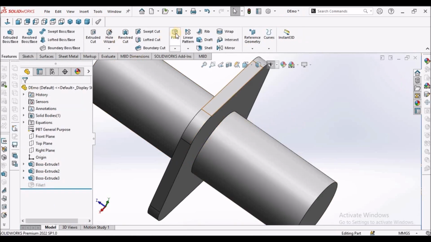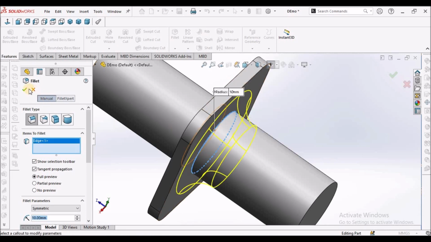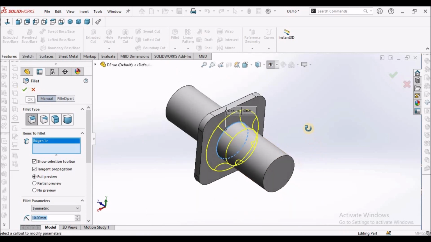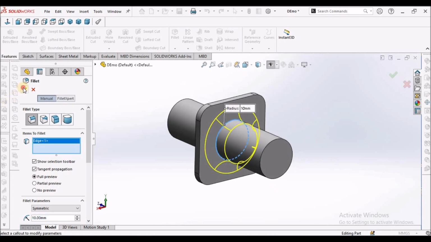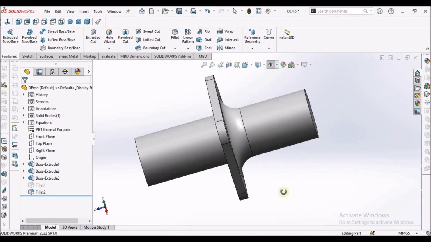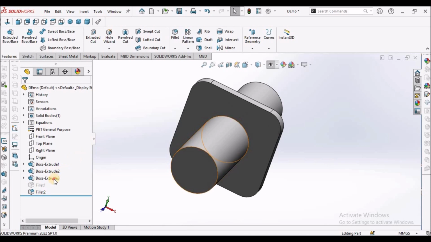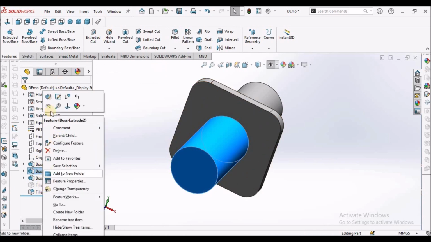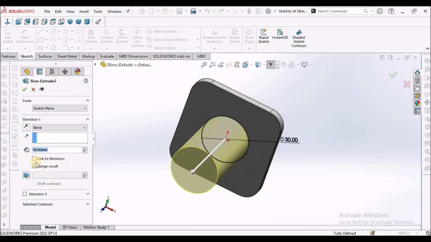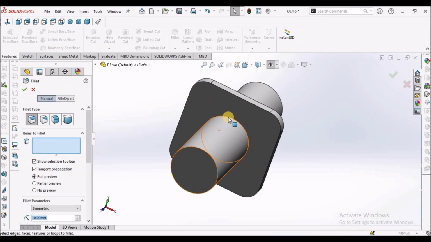Now I am going to apply the fillet. See, it is creating now. So we have to be very cautious when creating additional features and applying fillet on them. See here, when we go to this boss, there is a merge results option. So once again I am going to apply the fillet. See here,